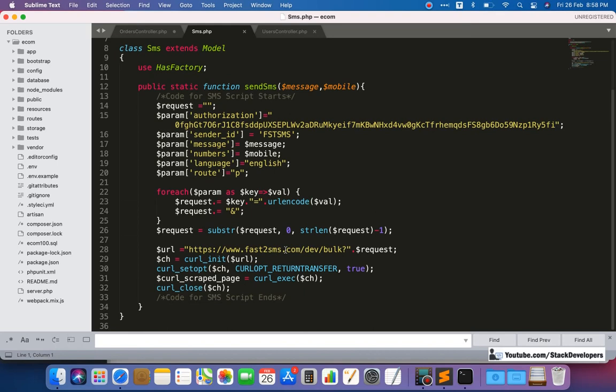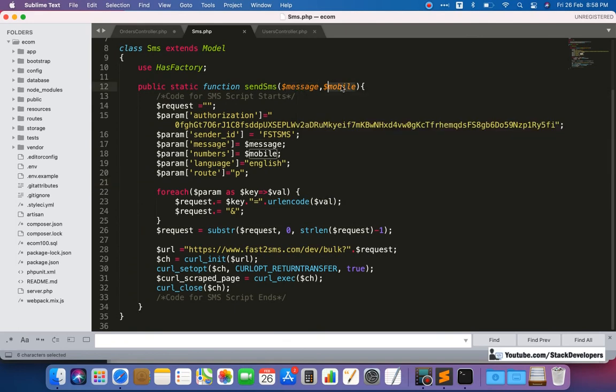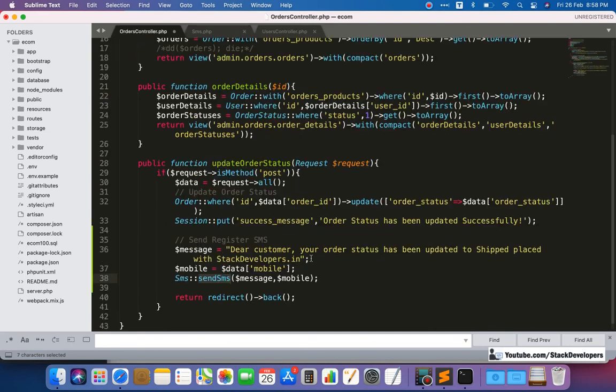We have not purchased any package from this website, but we have just purchased that dummy package that is expired now, and we were able to send some SMS also in the beginning of the series, but the process will remain the same. This script will work for all the SMS in the website. Just the thing is that you need to pass the message as well as the mobile. These two things you need to pass to this function, and the SMS will go to the user. Okay, so see the function we have called there.